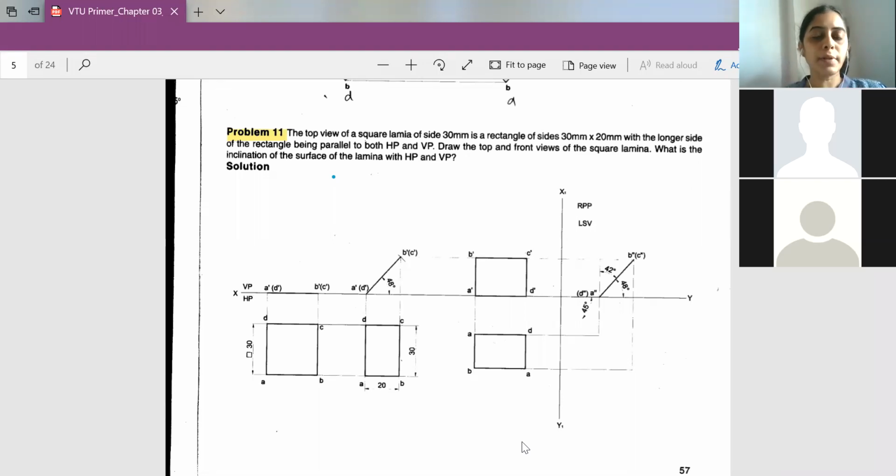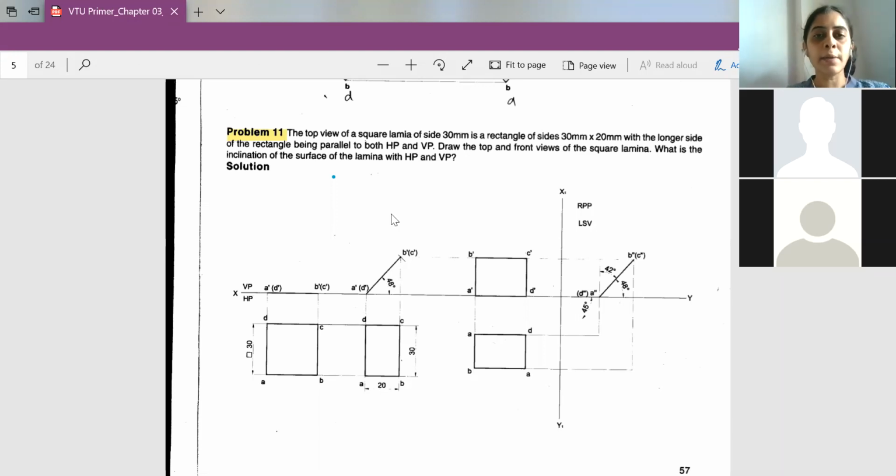So here what's happening is, this side, you take the projection from the locus of DC, from the locus of AB, and this height is fixed, which is 30 mm. And here you don't assume, the given question itself tells it is 20 mm. So from here in the projection you measure exactly 20 mm and make a mark. And here also this will be a perpendicular line. Just measure 20 mm with your compass and cut an arc. You will get this position D and A. So you will construct A, B, C and D.